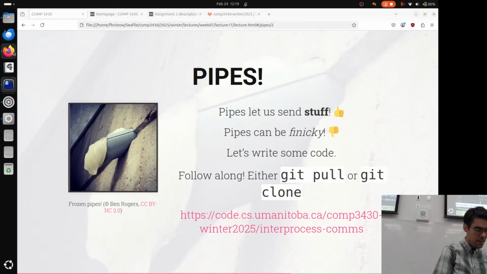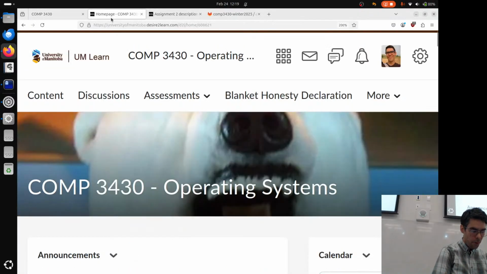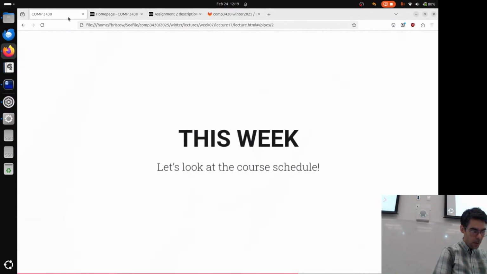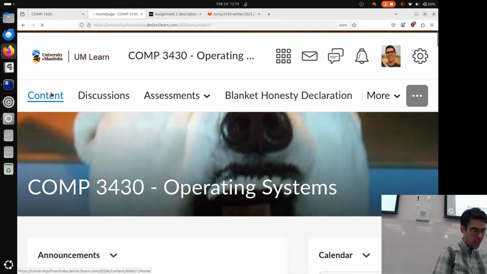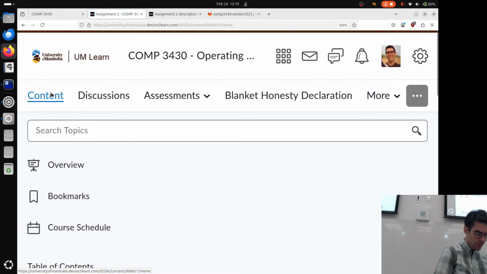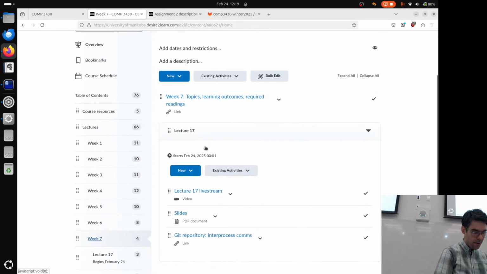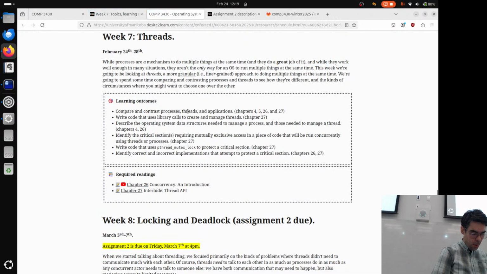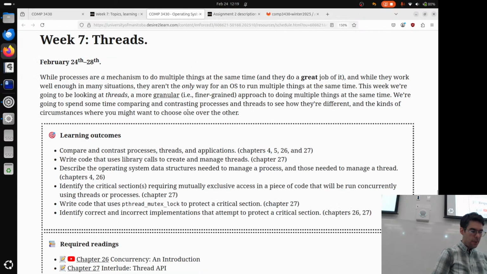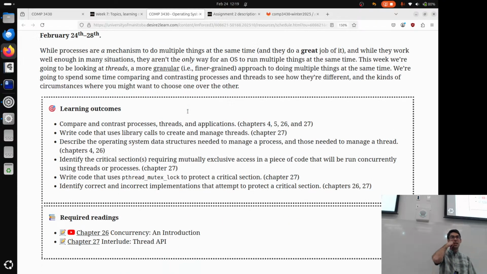The very last thing that I want to do with you before you leave today, I know I've got 1 minute left, is to take a quick look at the content for this week. We didn't really get a chance to do this last time we were together. But I want to point out that we will start talking about threads on Wednesday of this week. So obviously we didn't talk about threads today. We will talk about threads on Wednesday.